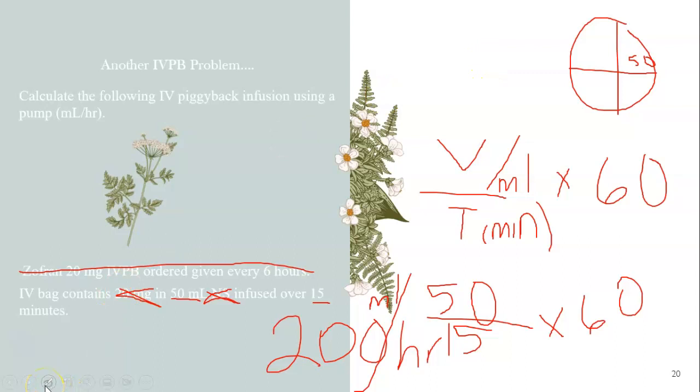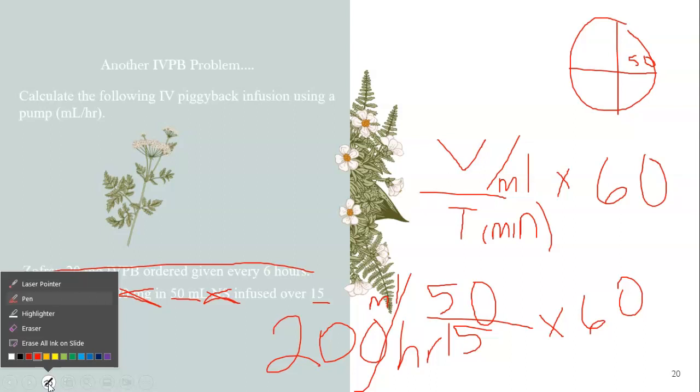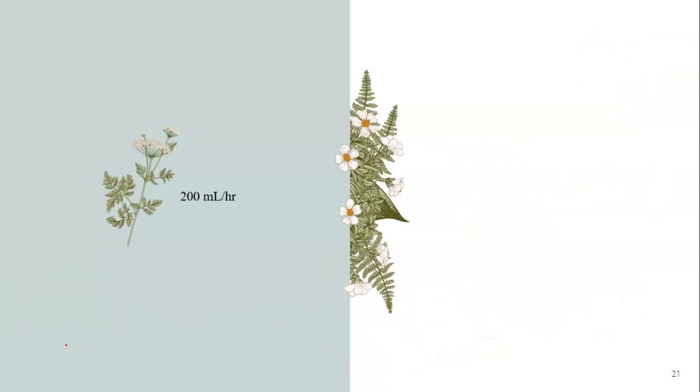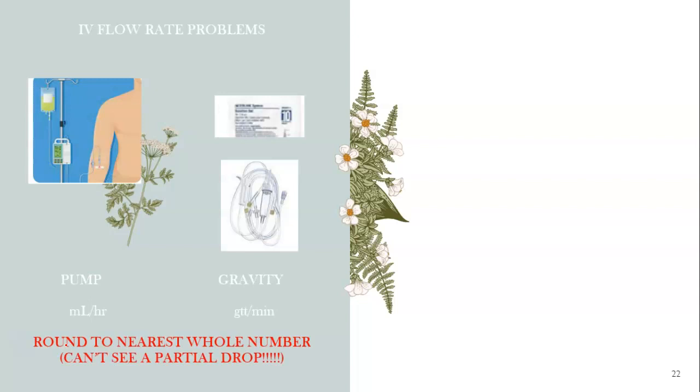You know what the pump does? The pump runs faster to get it in on time. Versus a regular IV, which would be like one drop at a time. This is making the pump go. The pump is turning faster to get the fluid out faster. Okay, so